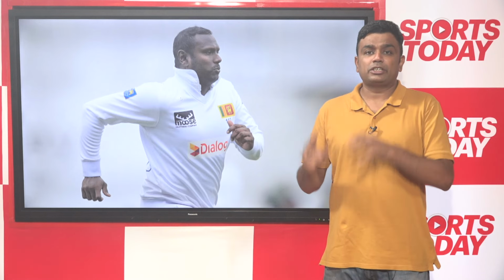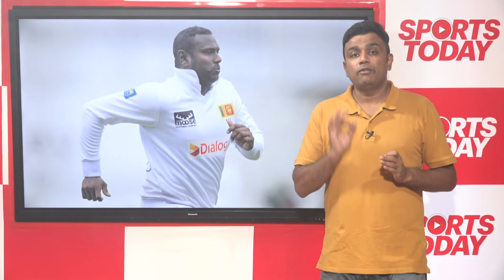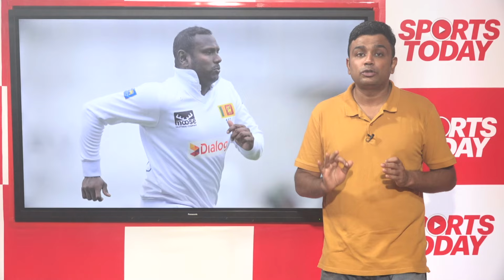In the middle of the Test match, the ball was changed and Sri Lanka lost some momentum and England came back into the contest. Now, Angelo Matthews made it very, very clear after the end of the day's play. Not yesterday, it was the day prior to that. Matthews stated,